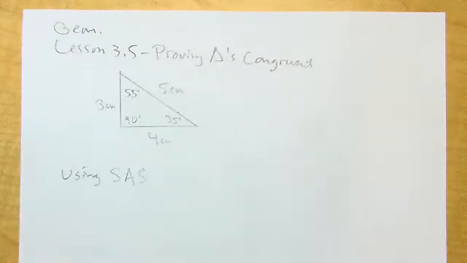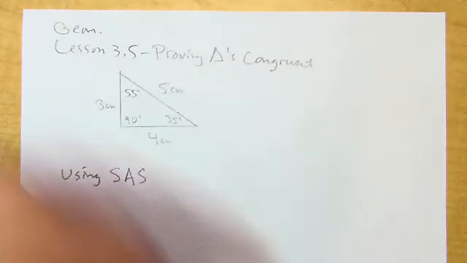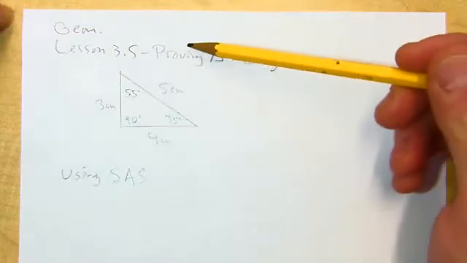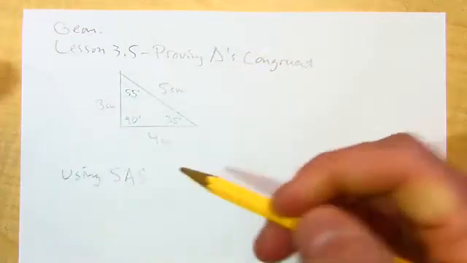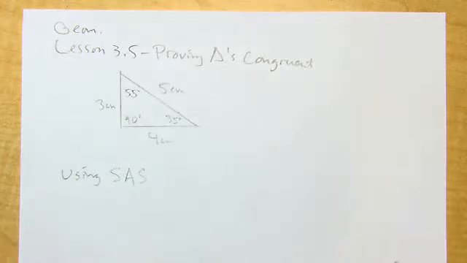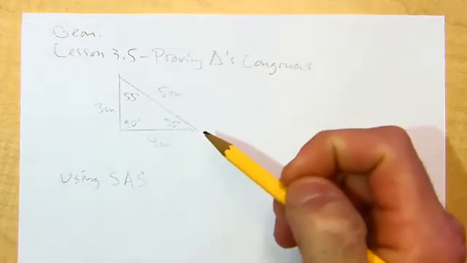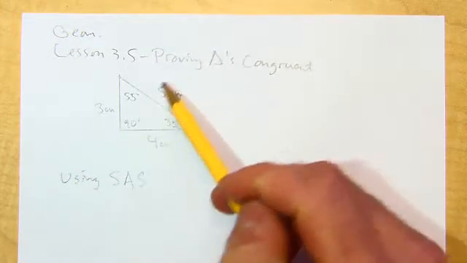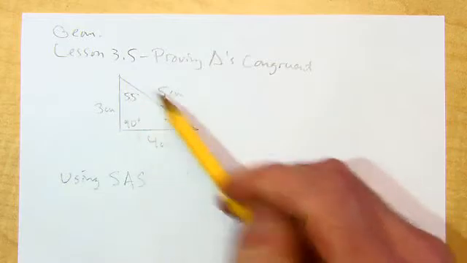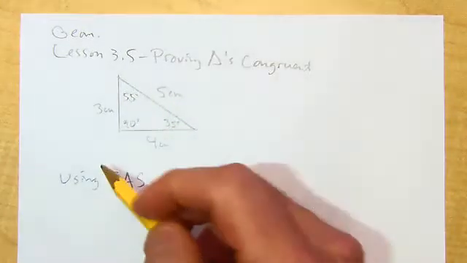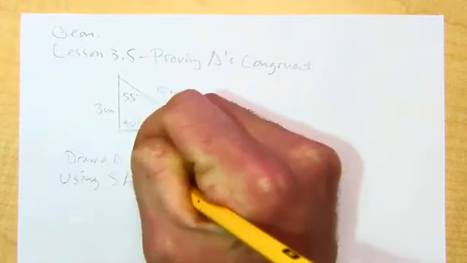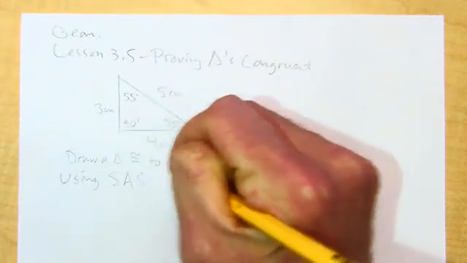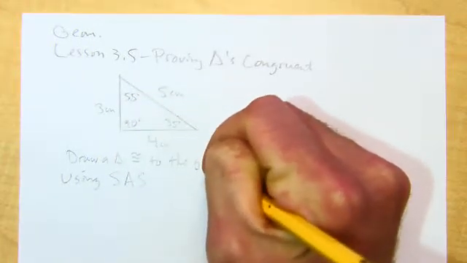All right, geometry, we're on to lesson 3.5, and this is going to be ways of proving triangles congruent, okay? It might look a little confusing, but we'll take it step by step, so hopefully it makes sense to you. All right, so here's a given triangle. On your assignment, you'll be given a triangle, and it will say, draw a triangle congruent to the given triangle